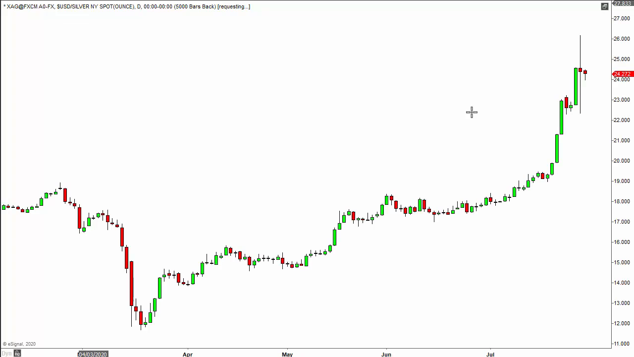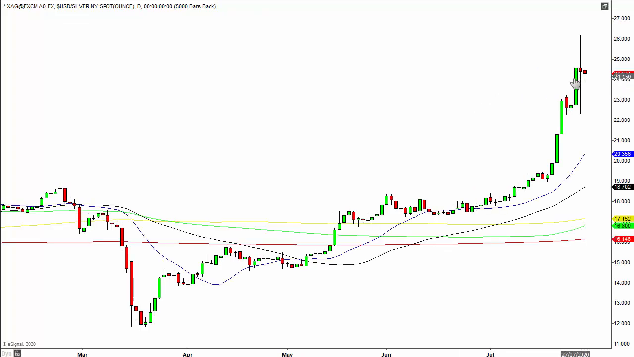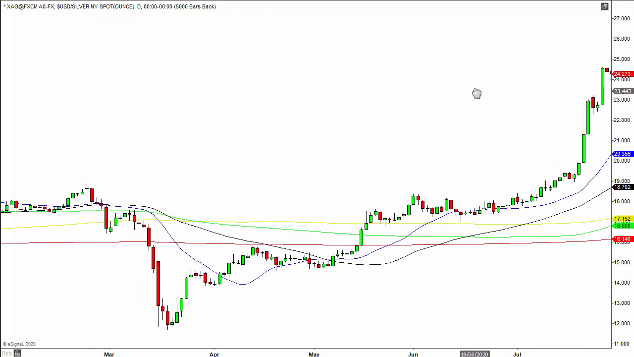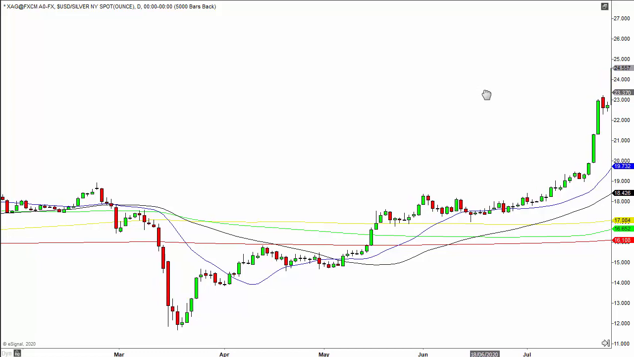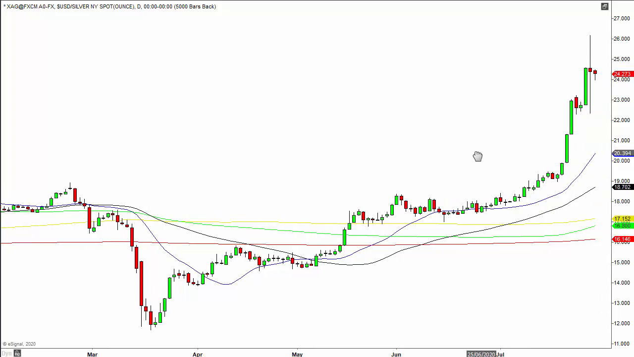I was in the pub on Saturday night with him, and this was Sunday, so he obviously wouldn't have seen a chart. He was saying a friend of mine's told me I should be buying silver, and he's been buying loads of silver and stuff. And I'm like, well, that's fine, but